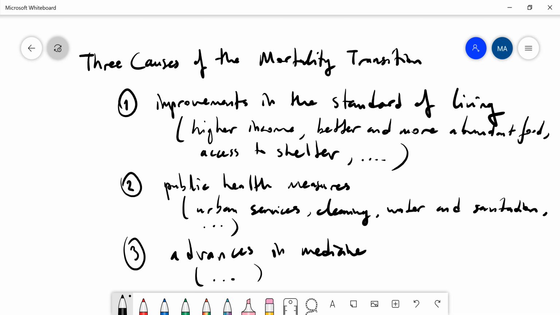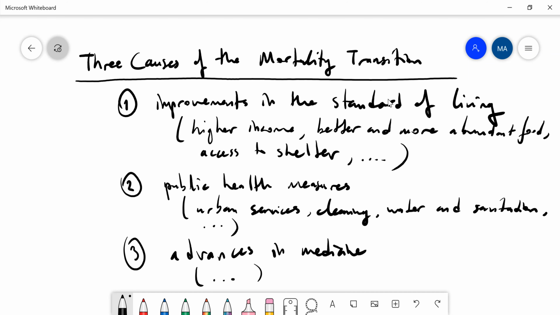I mean, this is obvious. So starting with, let's say, germ theory, right? We could list many different advances in medicine. Most importantly, I believe the invention of penicillin and other antibiotics today save a lot of people, right? So people survive thanks to antibiotics. So these three causes